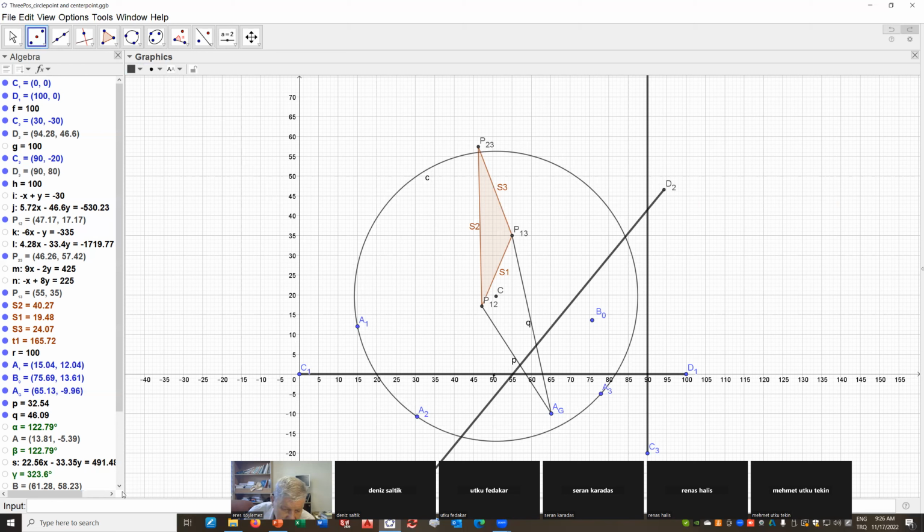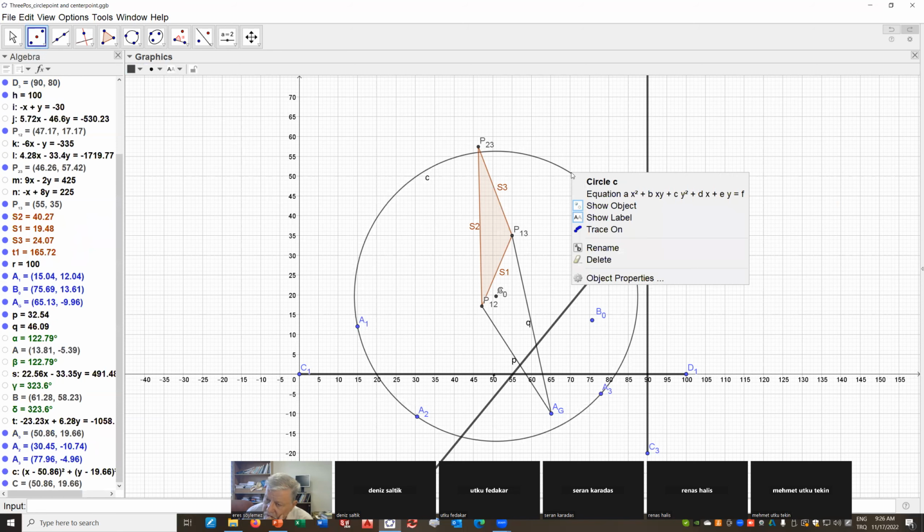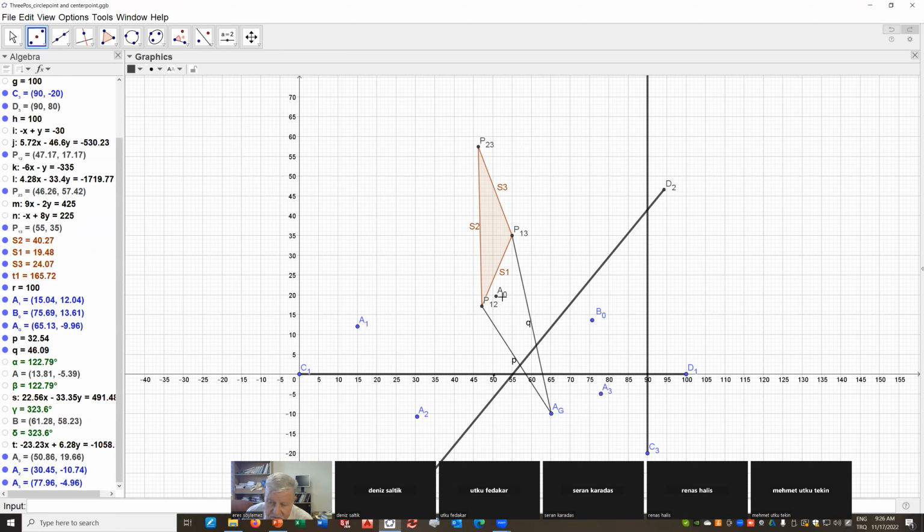That's C. Now let me turn on A0 again. Can I see that? I have determined C. A0 and C exactly coincide. So that's a good procedure. I will delete this so that I have A0. Okay? Now,